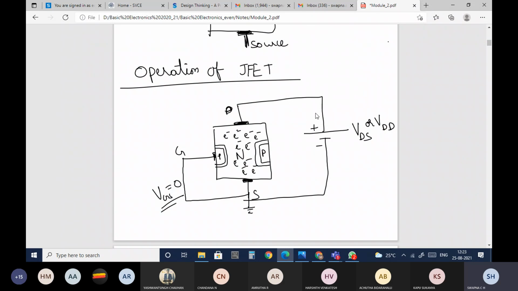Since it is connected to the positive terminal, all the electrons which are present here will start moving in this direction. So electrons are moving from the source to drain, and the current will be in the opposite direction. So the current flow will be in this direction, from drain to source.